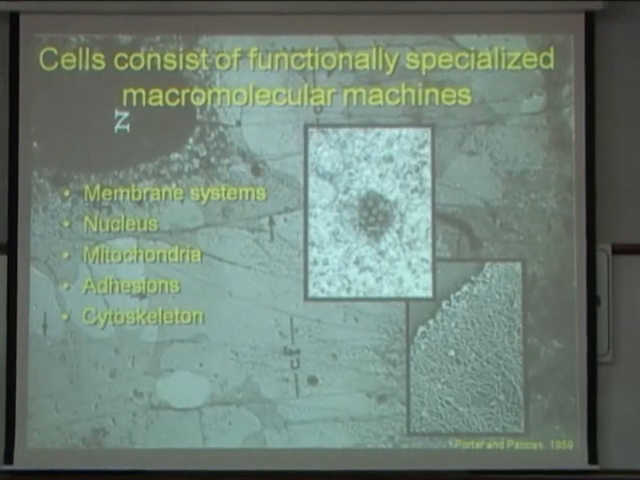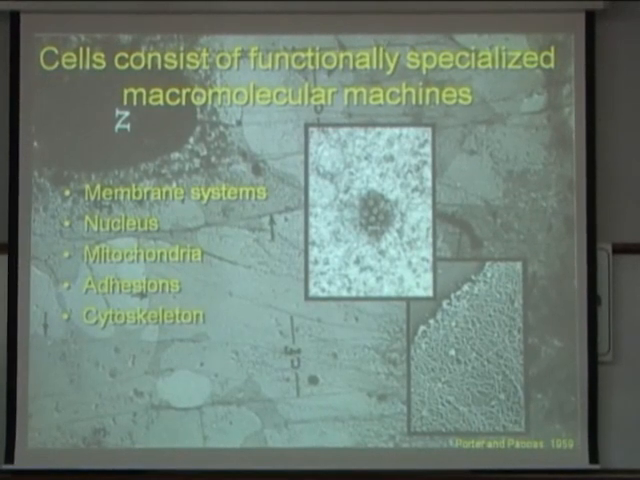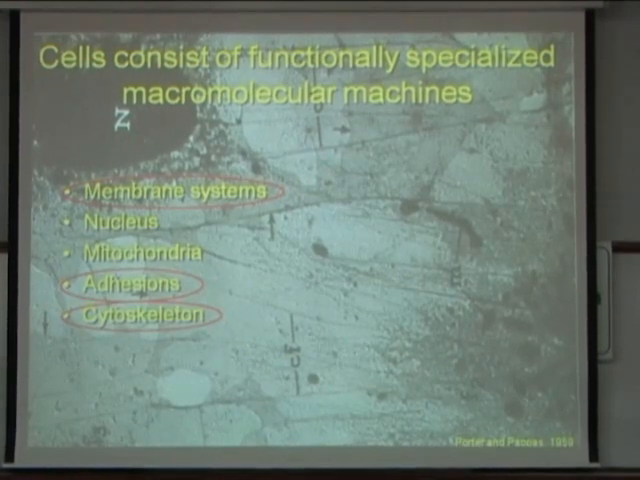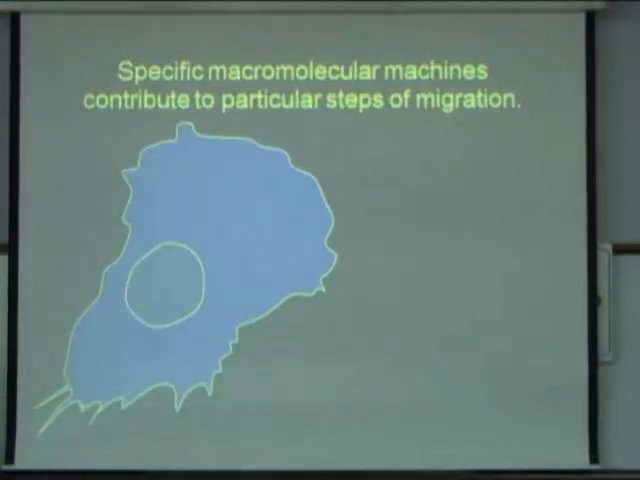So in addition to the energy that's required, the primary specialized macromolecular machines that are involved in cell migration are the membrane systems, the adhesions to the extracellular environment, and the cytoskeleton. So in cell migration, it's believed that specific macromolecular machines, these specific organelle systems, contribute to specific steps of the cell migration process, such that,